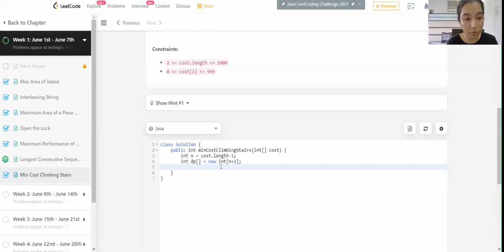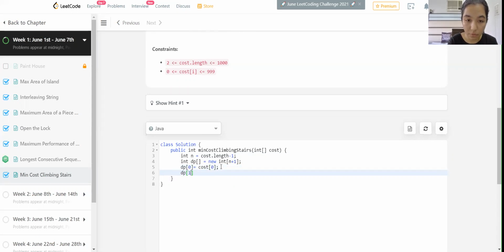Now we are going to initialize the DP array with dp of 0 being cost of 0 and dp of 1 being cost at 1. Now we're going to start the for loop from the second index: int i equals 2; i is less than or equal to n; i plus plus.